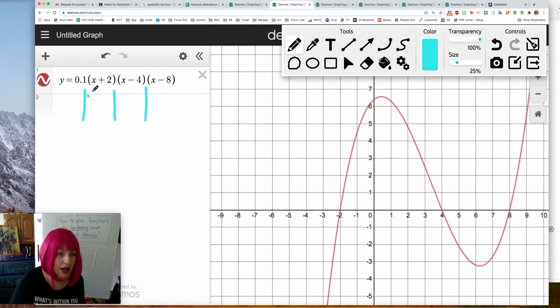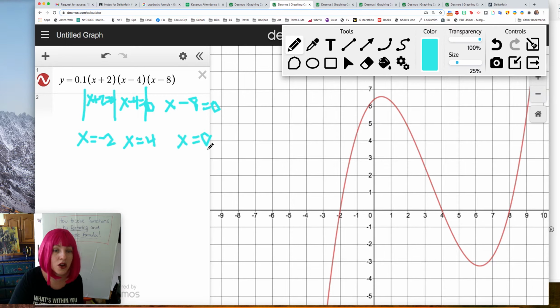Here I write x plus 2 equals 0, x minus 4 equals 0, and x minus 8 equals 0. So you minus 2 on both sides, and x is equal to -2. Add 4 on both sides, x equals +4. Add 8 on both sides, and x is equal to +8. Notice the matchup: -2,